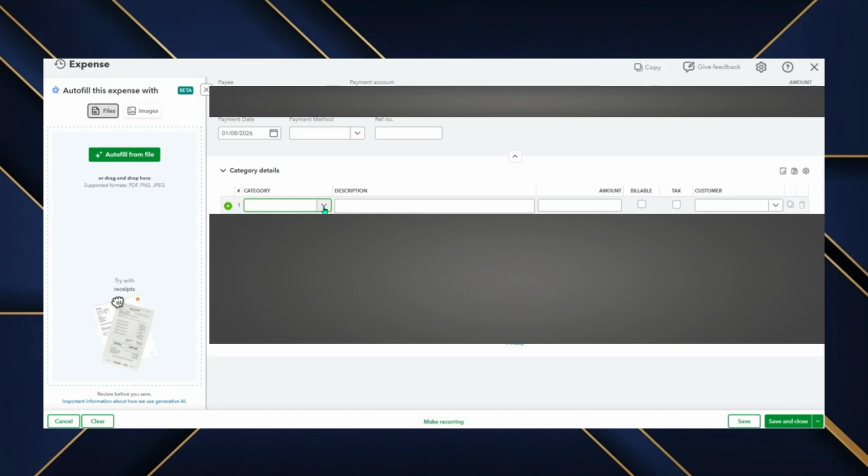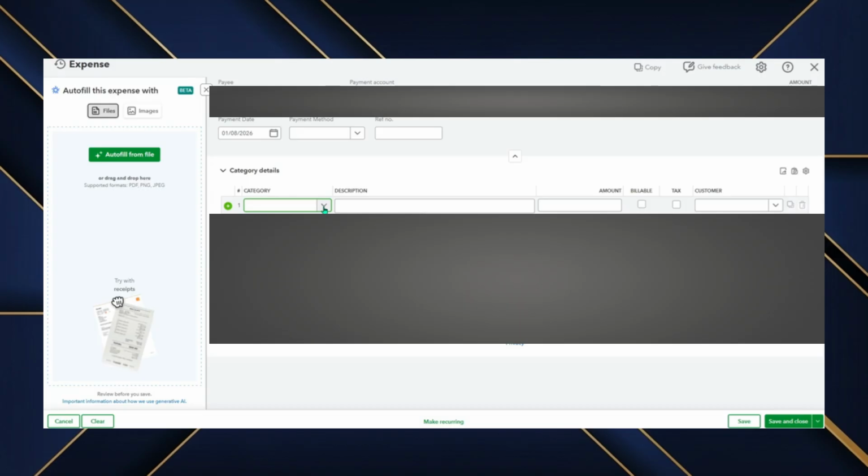In the category details, code the purchase to the correct expense accounts, like supplies, software, or travel. Add a clear memo like "paid personally by owner," and attach the receipt for documentation. Save, and the expense is recorded properly, while the offset is tracked through equity or a payable to the owner